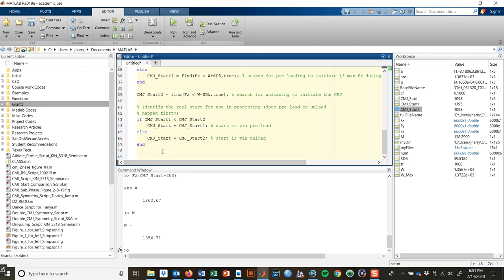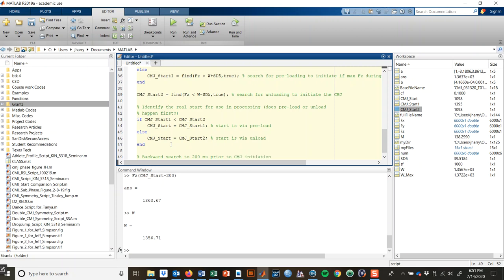Now that might just be a uniqueness to certain data sets, like the trial that I'm working with right now. So you should probably think about what would be the ideal method for you and whether you're going to start integrations and all those things from the very beginning, or whether you're going to use this kind of backward search from the start of the jump. Okay, I'm going to use 200 milliseconds and show you how that goes. So this will be a backward search to 200 milliseconds prior